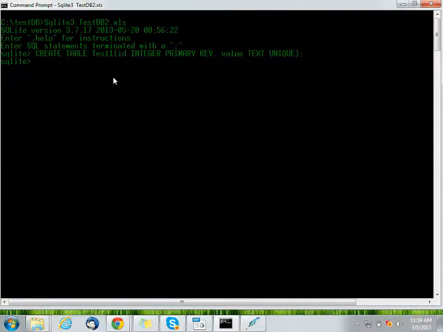Quickly we'll insert some data. You can see I'm not specifying the primary key part, and it would be taken.